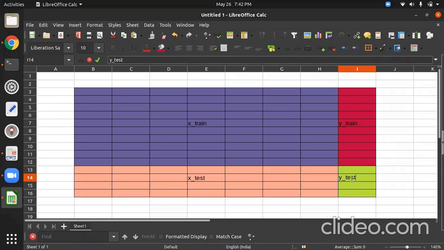Take a screenshot because when you develop the model you will have some issues, so you can see this. Now what I'm going to do: first I split the data set. I split the data set into 4 segments: x_train, y_train, x_test, y_test. But keep in mind, x_train is always mapped with y_train, and x_test is always mapped with y_test. They do not shuffle. x_train will not map to y_test, and x_test will not map to y_train. Any question on this one? Otherwise, we can proceed.